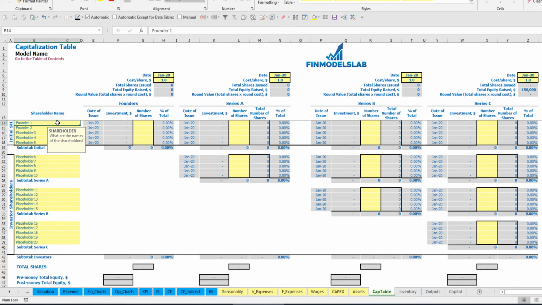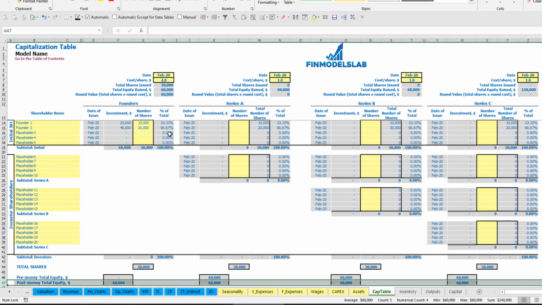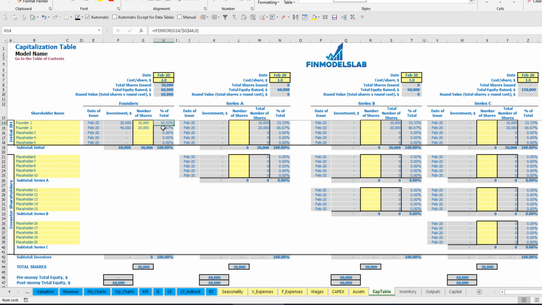The total amount of shares for founder 1 can be 10,000, for founder number 2, 20,000. Let's imagine that the cost of share will be $2 and the date of founding is February. This means that the investment for founder 1 is $20,000, for founder 2 is $40,000. In total they invest $60,000, which you may see here. The dilution is 33 to